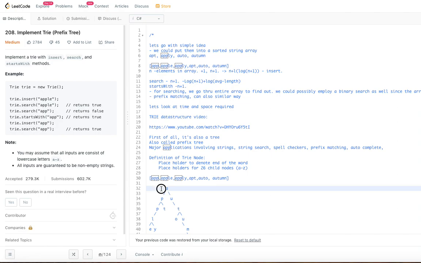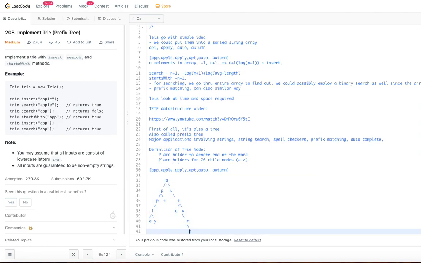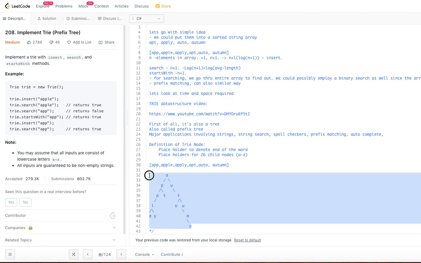So whatever I have created here will be the trie tree that I created for all these words. Let's go one by one to understand. So APP, right? There is A, there is P, and there is P. Even though I don't show the word end here, just for legibility I am only showing the characters that appear here.